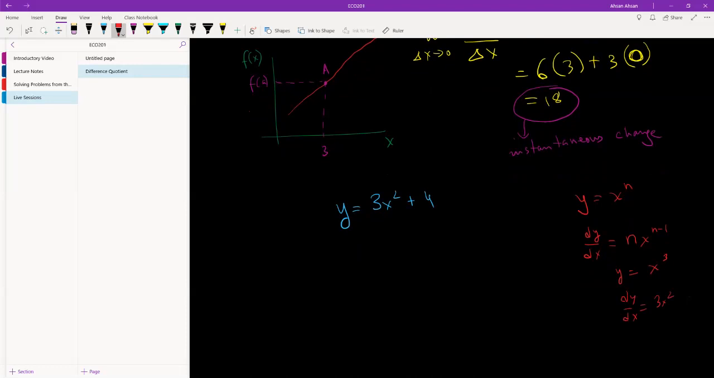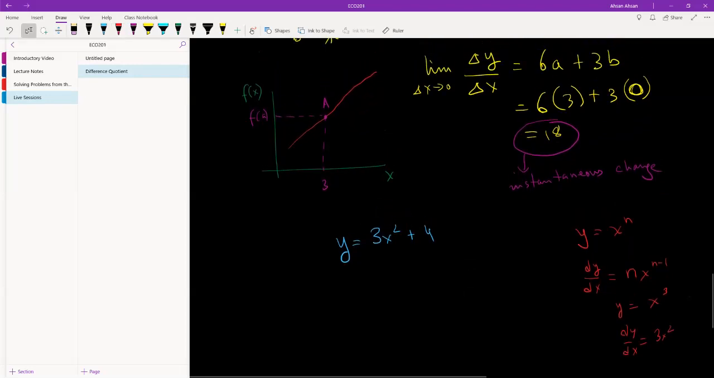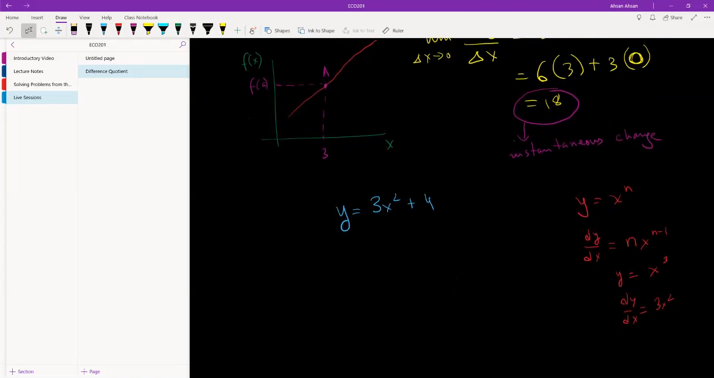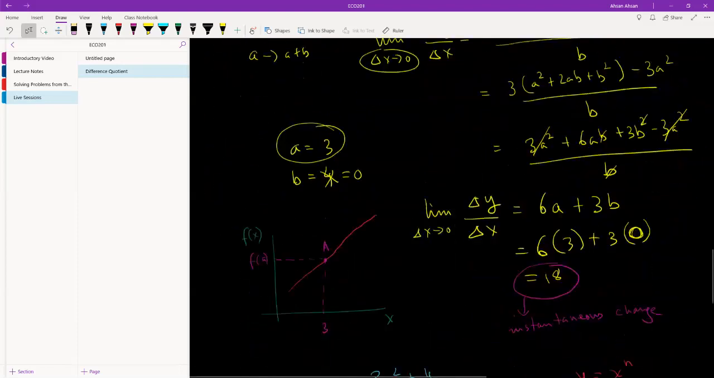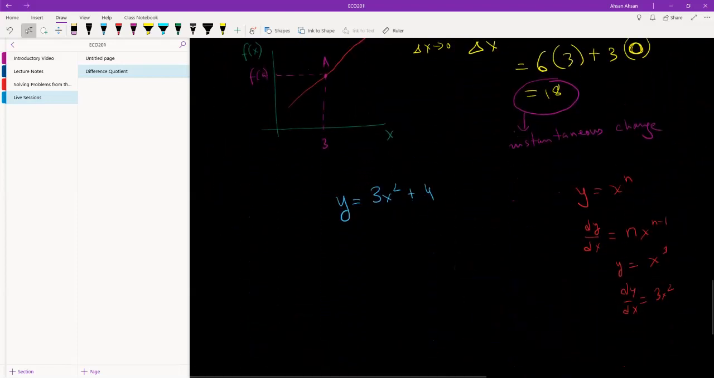And you may have wondered why. What is this that we're doing? How does it make sense? We're just memorizing a formula, but where is this formula coming from? So that's what I'm going to talk about right now. What we have seen here is that if we apply the difference quotient to this equation,